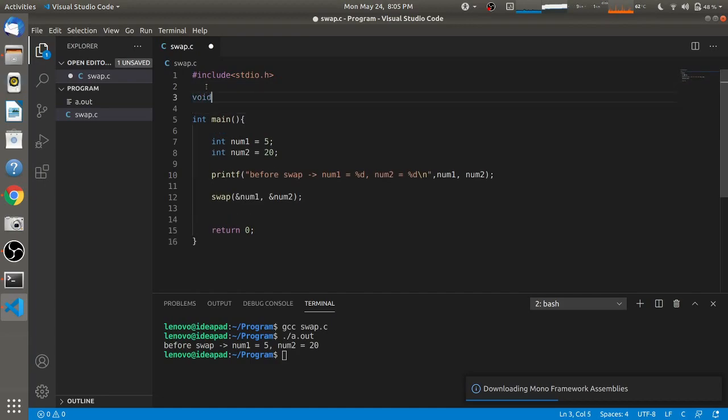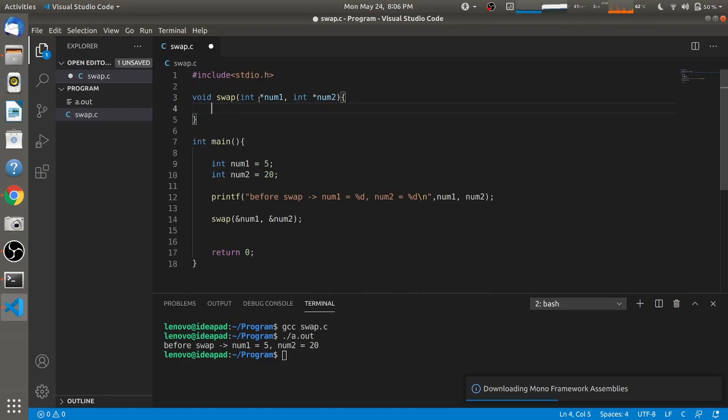So we'll keep the return type of the swap function as void, as we are not returning anything, and then the parameters of the swap function, as we are passing address of num1 and num2, we have to catch this address in address value of operator, that is value at num1, and value at num2.